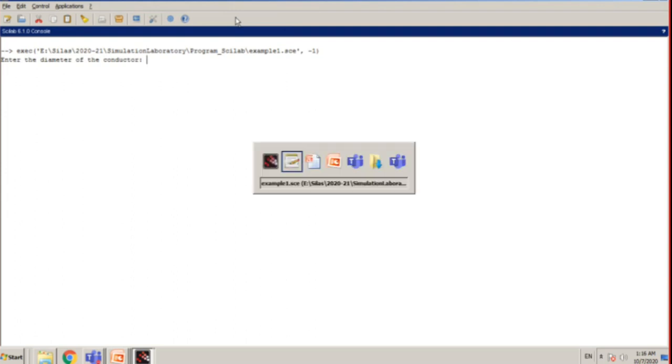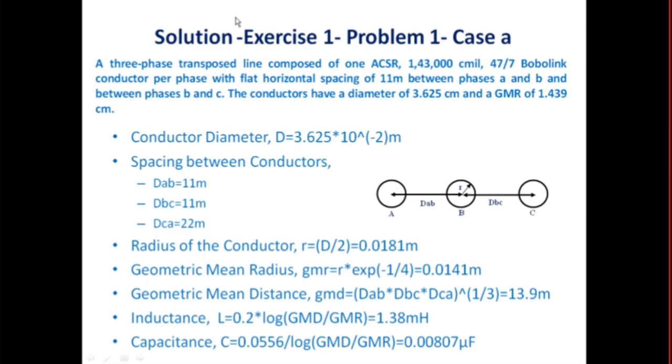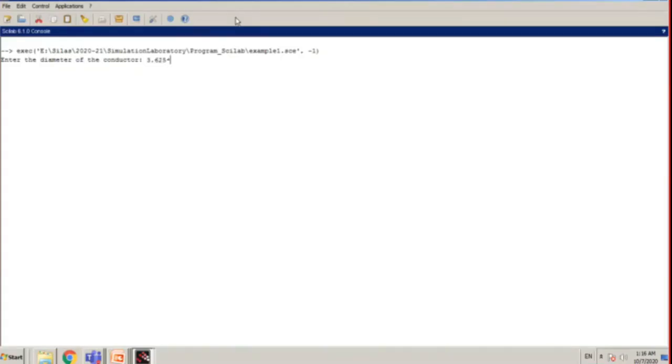According to our problem, the diameter of the conductor is 3.625 centimeter. Here we have to substitute in meters, so 3.625 into 10 to the power minus 2.